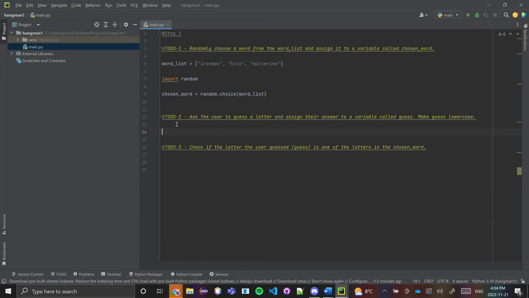We're going to ask the user to guess a letter and assign their answer to a variable called guess, making sure that the guess is lowercase. Okay. So what we're going to do is create an input, and let's say guess a letter to prompt the user to enter a letter. And then we want to make it lowercase, so we're going to put dot lower brackets. And then we can assign their answer, which is